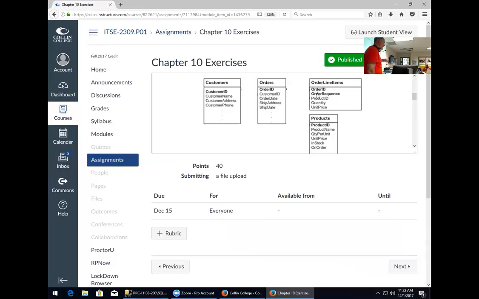You could make it an arrow pointing to the one side, and someplace up above say, arrows point to the one side, and the tail points to the many side. If you say that, I'll be able to read it. Or you could put little lines in there and make a crow's foot on the many side. Questions? I'm going to make this due